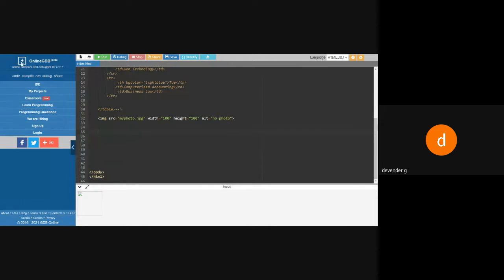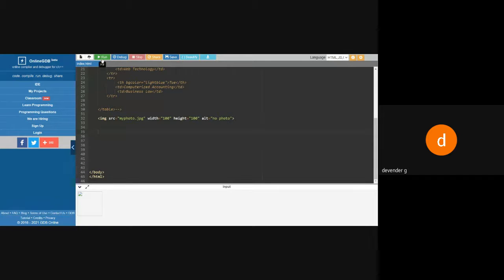Suppose on the topmost there is something like an energy icon. We don't know what that image is. Now suppose on the top I have something called run, debug, stop, and names have been given, but in this case there is no name. I got some boxes over here, and whenever I put my cursor on this, it says new file. When I come onto this, it says upload file, because this image does not have any description.